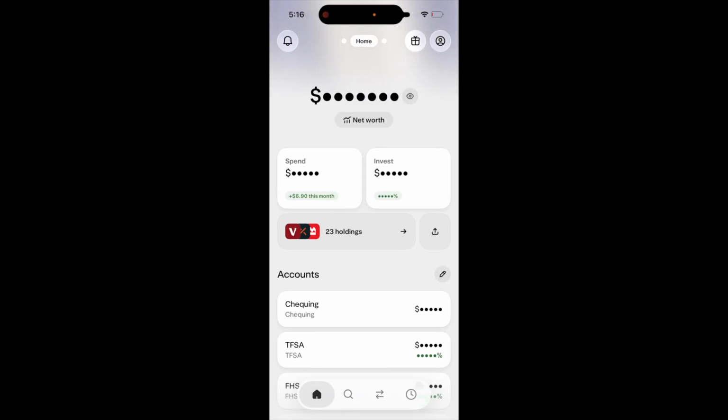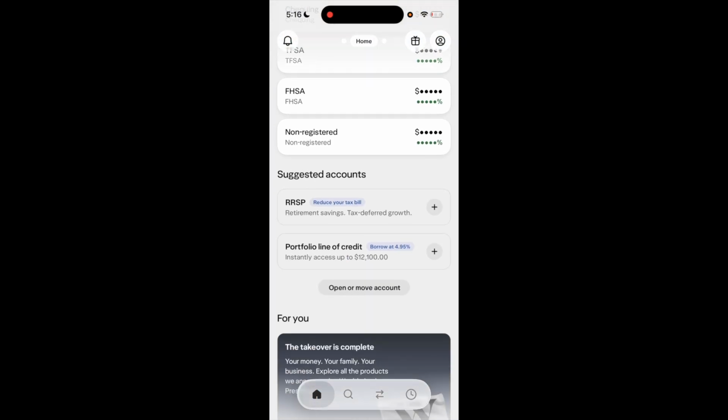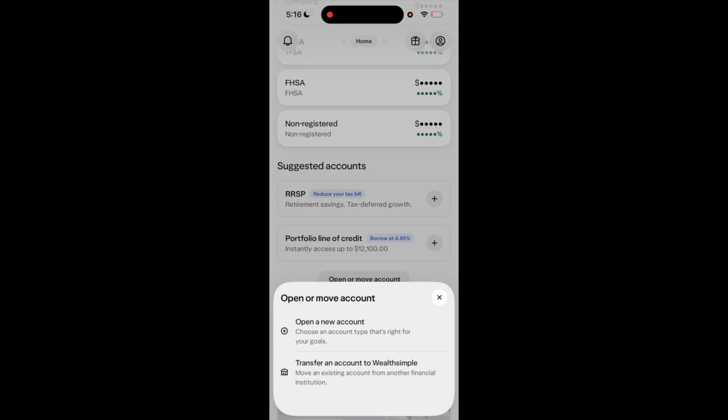So in this Canadian investing tutorial, I will be showing you how to open a cryptocurrency trading account in Canada using Wealthsimple. So once the app's opened up, go to the bottom left, press the home option. Once the home option is selected, scroll down to where it says open or move accounts, and then select open